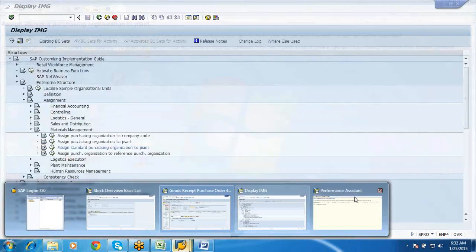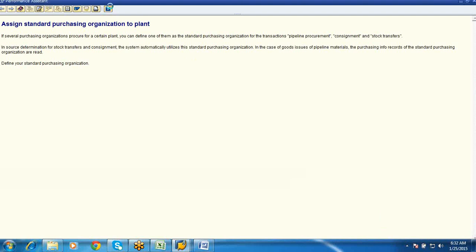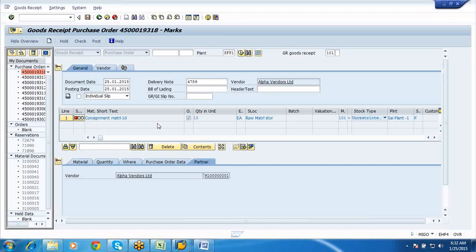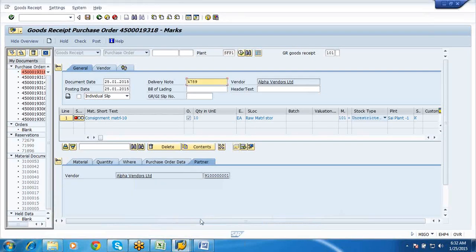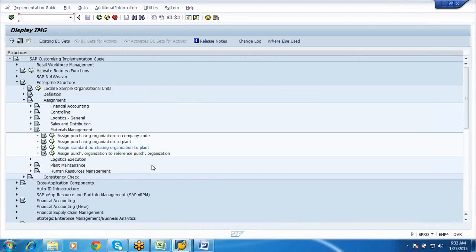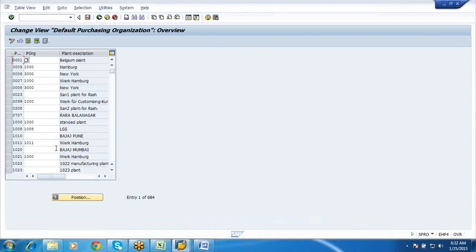Okay, so now let us try to remove that. See, there are two ways. One, you can remove it, or you can extend the material to 1000 plant and create an info record with respect to 1000.